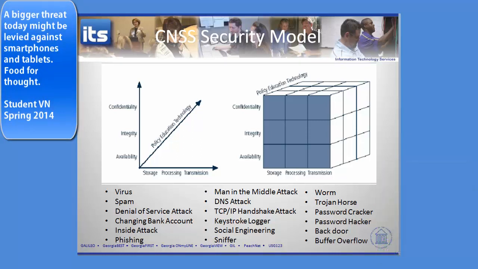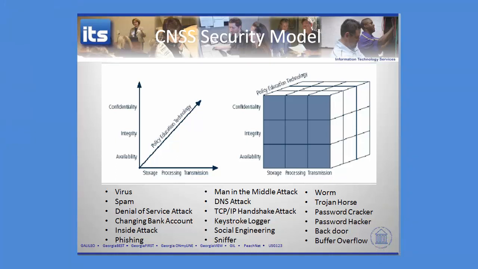So what's a worm? A worm is a piece of software that seeks out other computers and hosts and tries to infect those computers by breaking in through their username and password. And then once it breaks in, it replicates itself. And then it uses that new computer to attack other computers. And eventually it will consume all of the processing, all of the storage, and all of the transmission capability of the host system, if it's poorly written, or if that's what it was actually designed to do. And then it just keeps on spreading. So that's what a worm is.